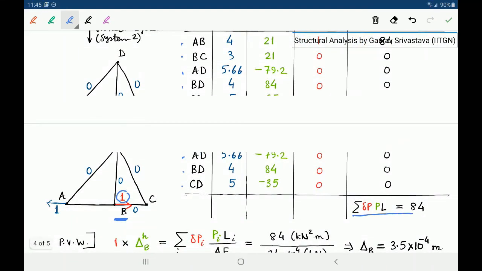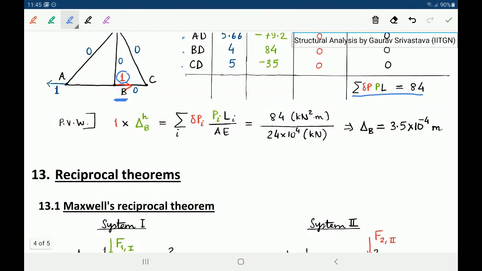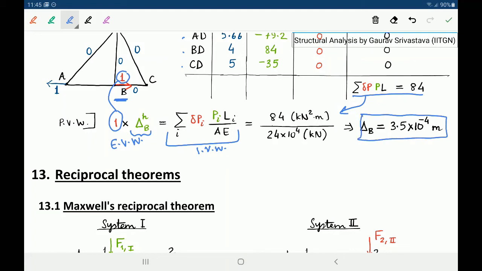right? We get the summation, and then we just apply the principle of virtual work, where this one is the applied virtual force times the horizontal displacement at B, which is not known, equals the internal virtual work. So this is external virtual work, and this is internal virtual work, right? And after putting in the values from here, we can calculate the horizontal displacement of B. This comes out with a positive sign, which indicates that B displaces to the right, which is in the same direction as the assumed force. Okay, so this is how we can use the principle of virtual work very effectively for solving small as well